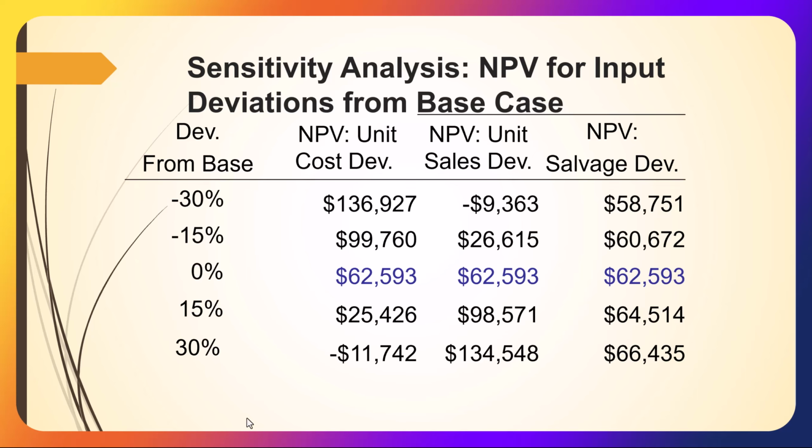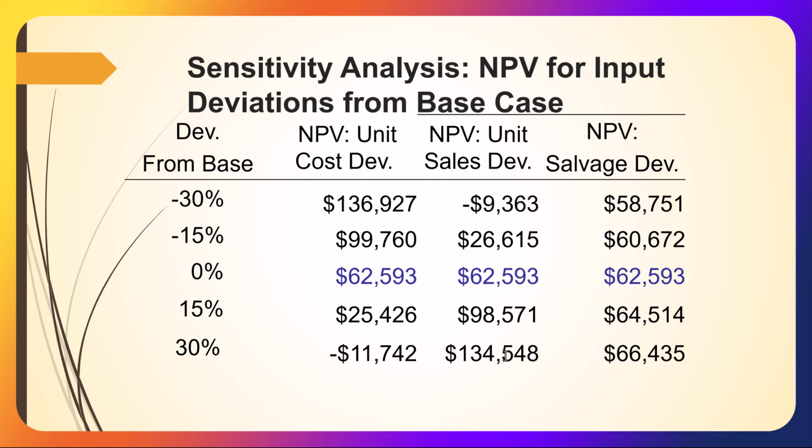So we have a table here that shows what happens if column one here is the units. What happens if the units change by anywhere from 0% to negative 30% and to positive 30%? We see that in general, this is unit cost, I'm sorry. So as unit cost changes, the greater the cost, the lower net present value will be because cash flows will be different. In addition, unit sales. If sales decrease, we know that obviously revenues decrease. And we can see that there's a